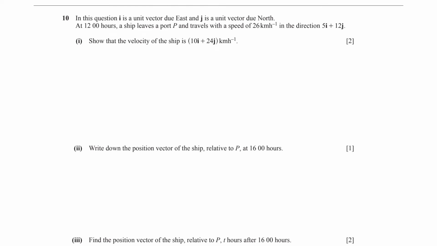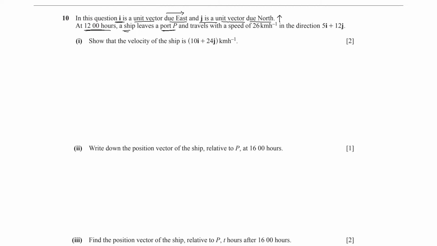This question is from the topic relative velocity. In this question, i is a unit vector due east, which means its magnitude is 1 and its direction is from left to right. And j is another unit vector due north, which means its magnitude is also 1 but its direction is upwards. In this question it says that exactly at 1200 hours a ship leaves a port P